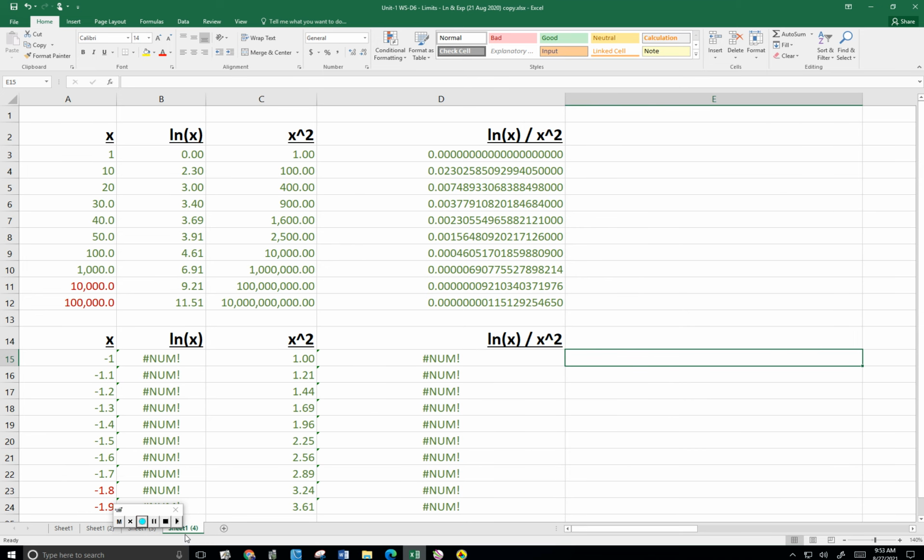Okay, this is not exactly the same thing you're looking at, but it's enough to understand. Here's the ln of x function. Notice how